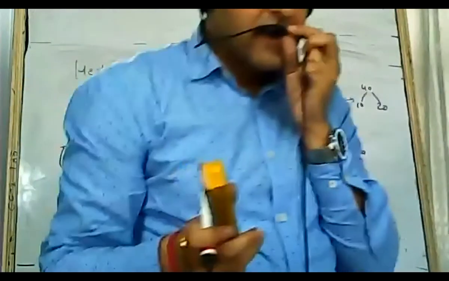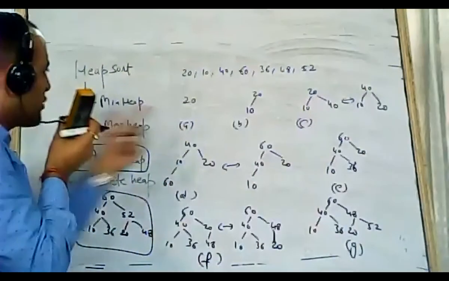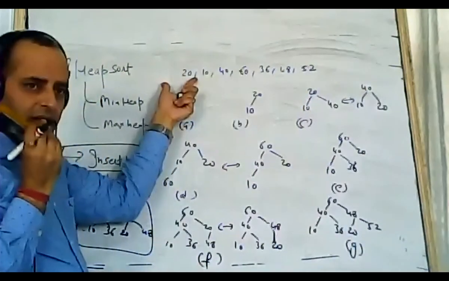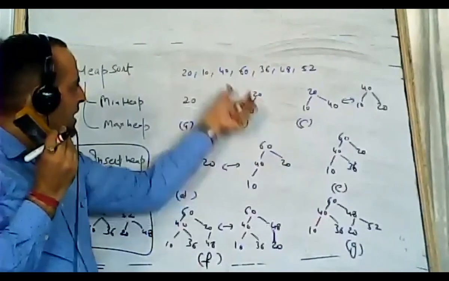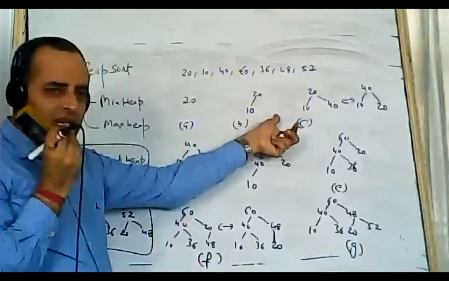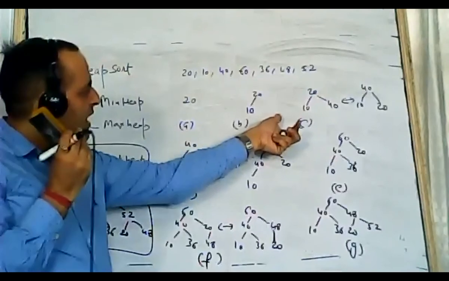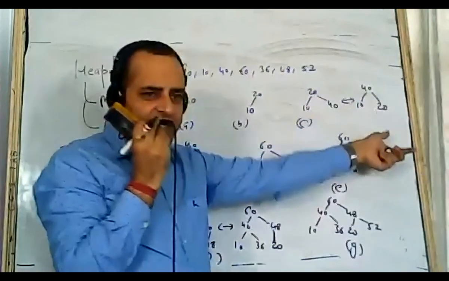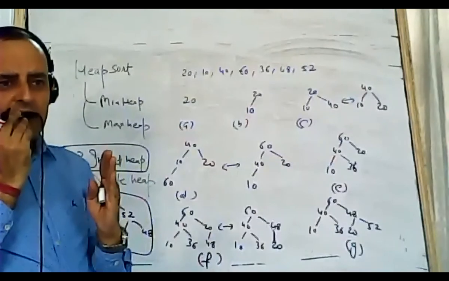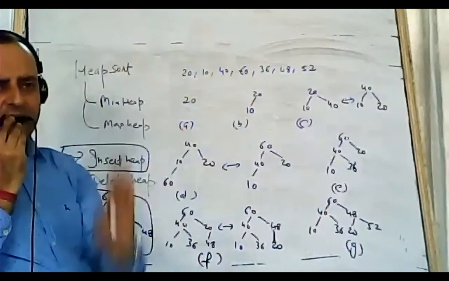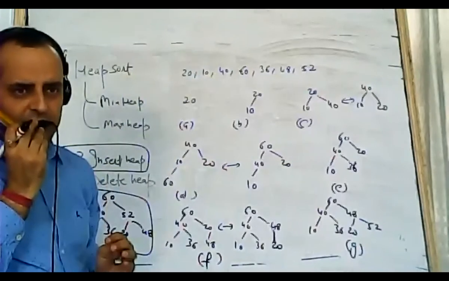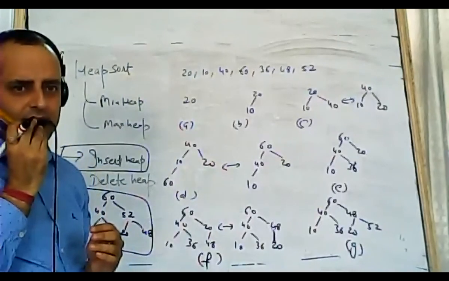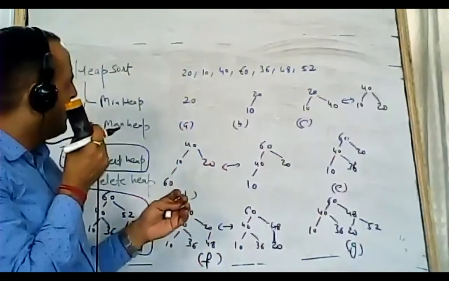सर एक बार रिपीट कीजिए फिर से. Repeat. I said 20. First element. Yes, sir. 10 is less than 20. Yes, sir. But when I attach 40, because we are doing max heap, तो 40 ऊपर चला जाएगा, 20 नीचे आ जाएगा. Yes, sir. Because we have to take the maximum element. We have to move the largest element towards the root. Max heap. Yes or no? Yes, sir.